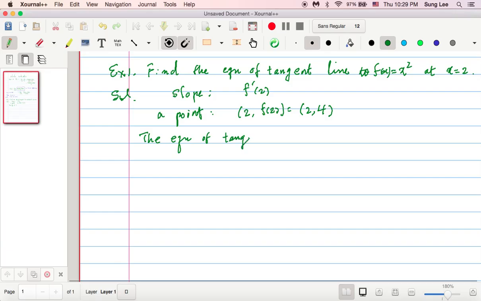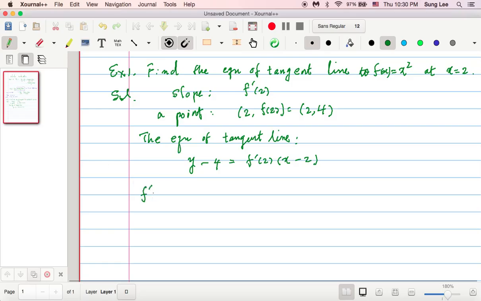So in that case, the equation of the tangent line is going to be given by the following equation: y minus y1, which is 4, equals the slope f prime of 2 times x minus x1, which is x minus 2. Remember this formula from algebra, right? Okay, so let's get to